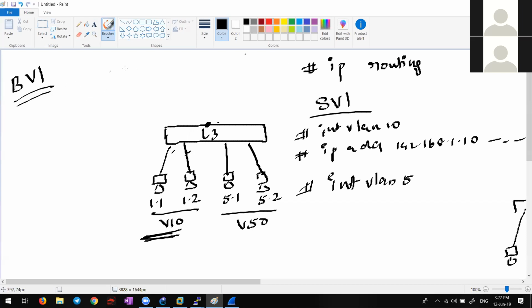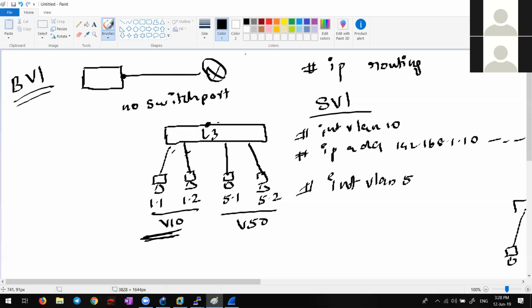From a layer 3 switch, if I connect to your router, what are the options available here? I can simply leave this as a layer 2 switch port. I can make this into a trunk port, which we did in the router on a stick method. Another option is I go to this interface and give no switchport.